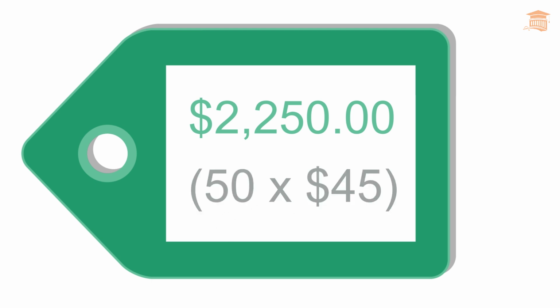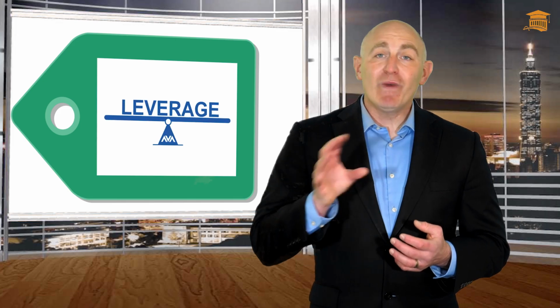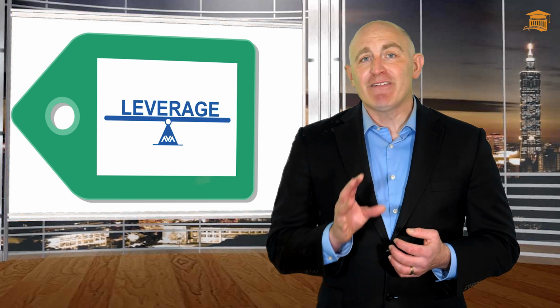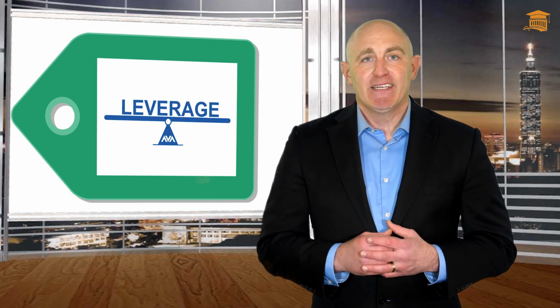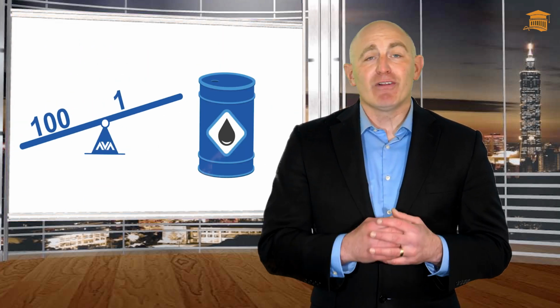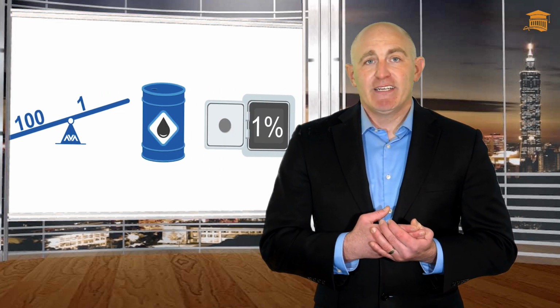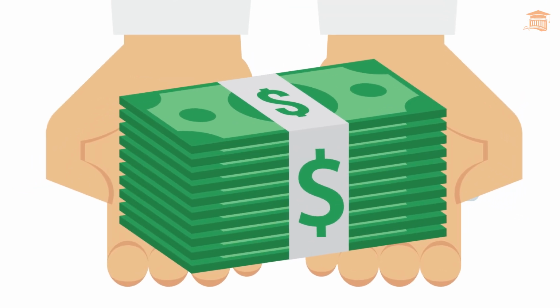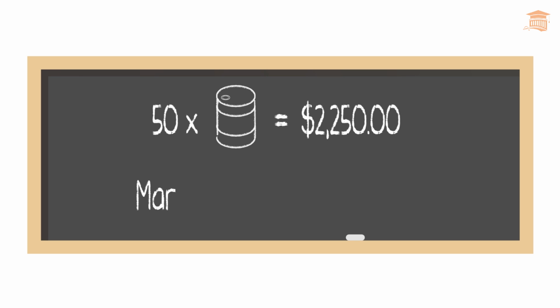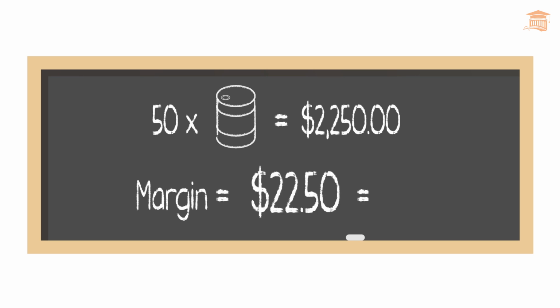That's 50 times $45. However, with leverage, we don't need that amount of cash to open a large position. Our broker will lend us the money, and we just put down the required margin. Now, if leverage for crude oil is 100 to 1, that's saying that the margin requirement is 1%. We only have to put down 1% of the position size. For a position of 50 barrels of crude oil that costs $2,250, the margin requirement is $22.50, which is 1%